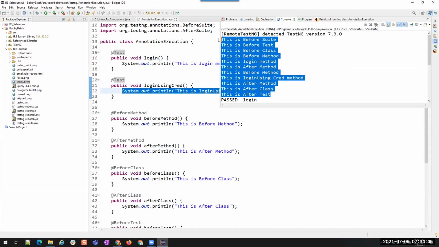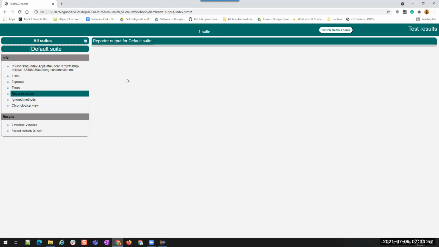When we run it via CI/CD pipelines or Jenkins or any other tools, we won't be able to open and see the console. We should see these statements in the report so that the user will be able to understand what happened here, right? So if you want to add some statements to the report, then you can use Reporter output statements, and they will be displayed here. Okay. Then we did not ignore any method, so that is why 0 ignored.